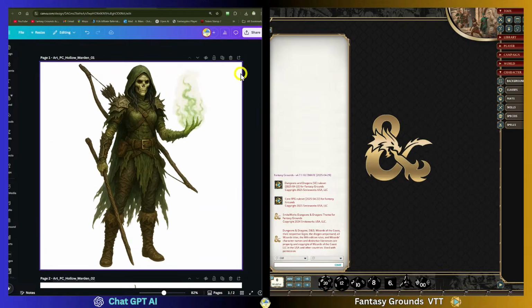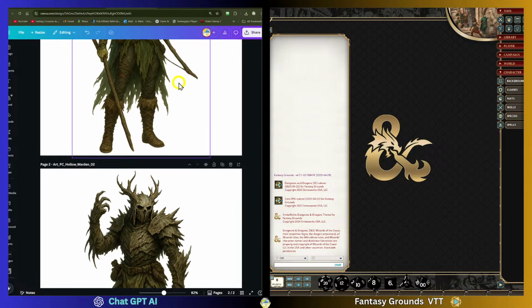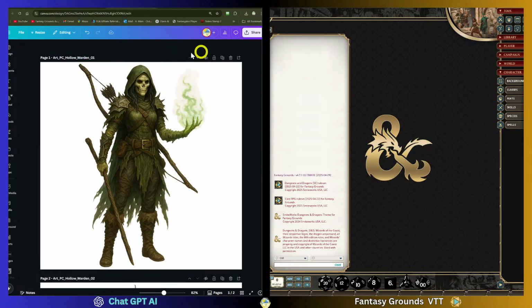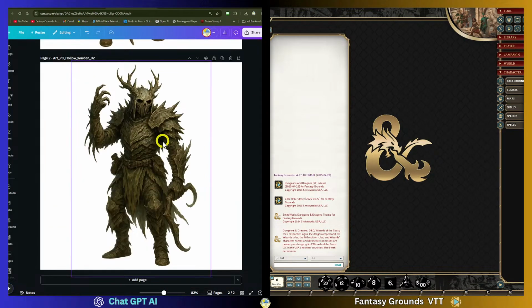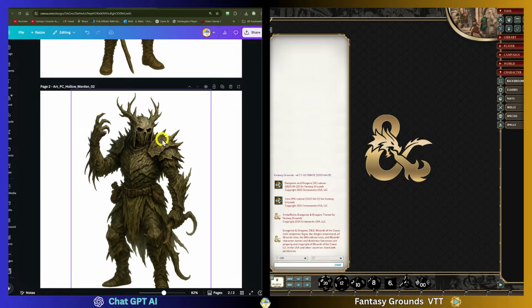And then up here for the actual title, I would give it a whole new name for the actual project. But that's just so you can see, images shouldn't take forever, but they do add more complexity to your project. So coming into Fantasy Grounds,